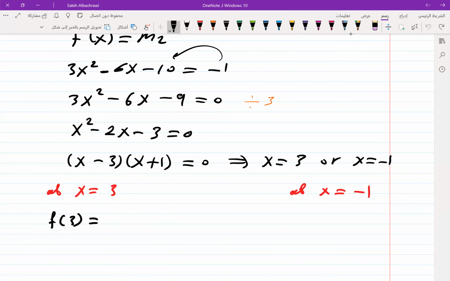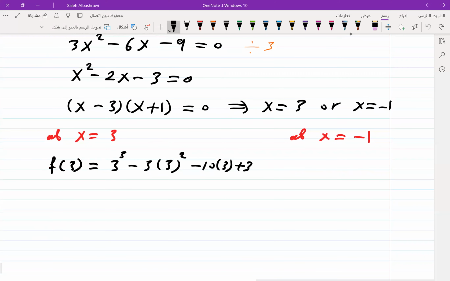That will be 3 to the power 3 minus 3 multiplied by 3 to the power 2 minus 10 multiplied by 3 plus 3. This will give me 27 minus 27 minus 30 plus 3, which is minus 27. So f of 3 equal to minus 27,